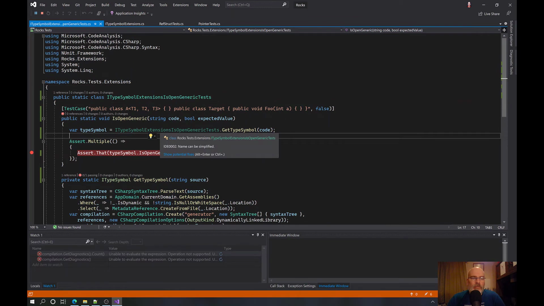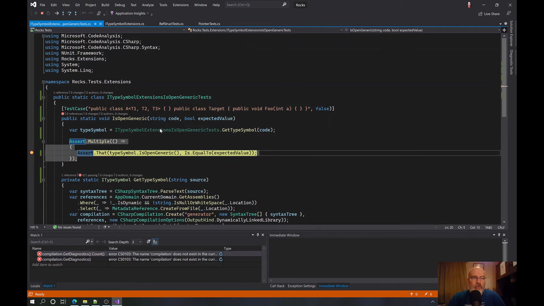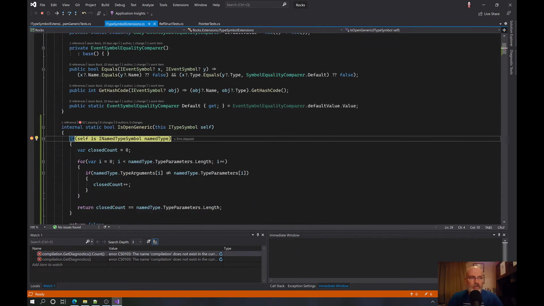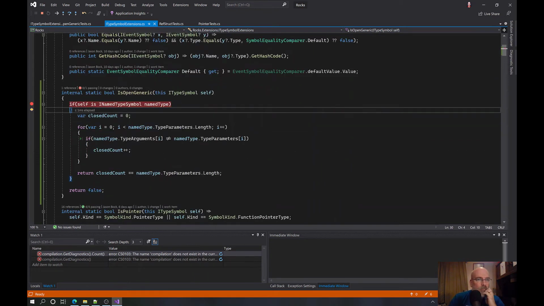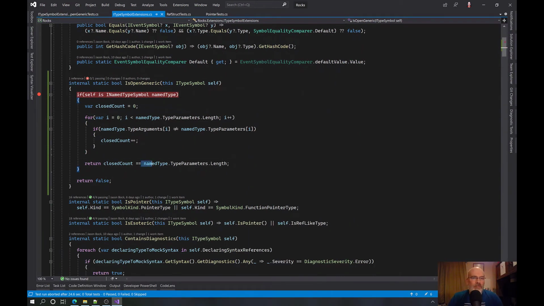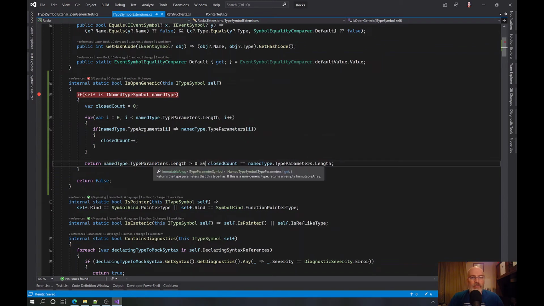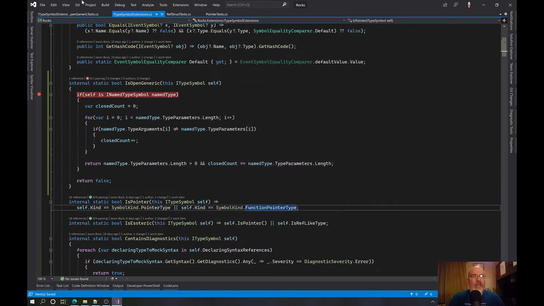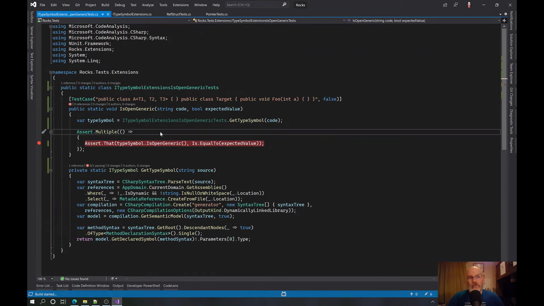I've been thinking also about performance, and I know I'm probably doing things nowhere near as performant as I should be, but the type symbol should be an int. Okay, let's say F5. Oh, it is a name symbol. Well, yeah, because it's going to have no type parameters, but just because it has no type parameters, we need to say extra check. This is why you write tests, because when you're a dummy, it's greater than 0 and close count is equal to that. There we go. Now run this.